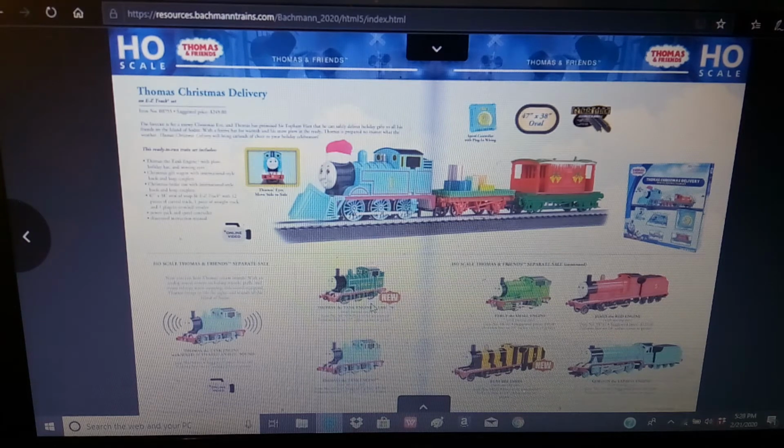I will probably be getting this, but I'll probably just leave it in the packaging because I don't really want to open this up and run it on my layout. Then you have the traditional regular Thomas. You got Percy, James, Gordon, and then this is a brand new piece as well. The Busy Bee James. This is a reference to Percy's In Charge, I believe, where Percy tells James to go get repainted into a Bumblebee style